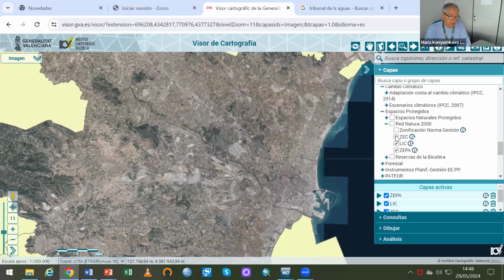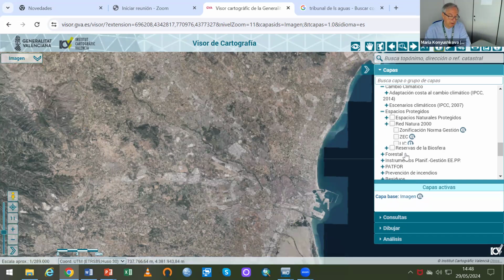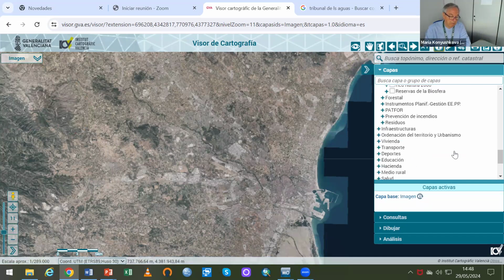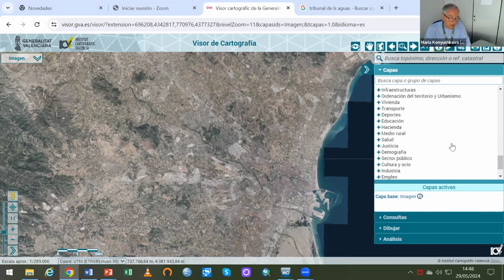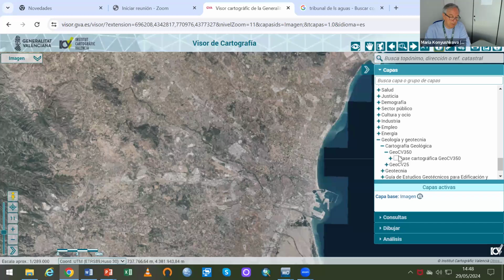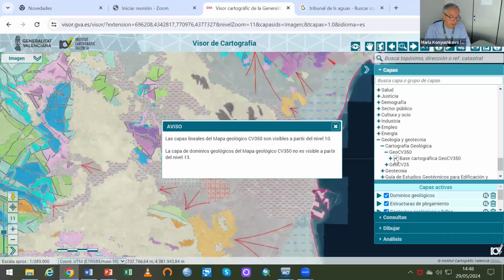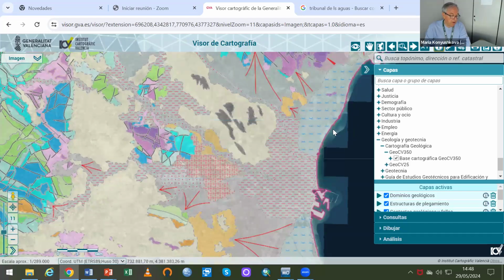These things take time. I'm just making a quick presentation of that. So, geology and geotechnia. For example, we can go to this map of the geology, and not only lithology, materials, but as well you